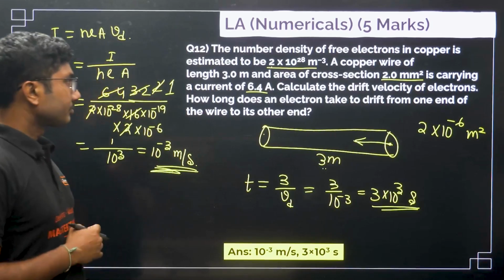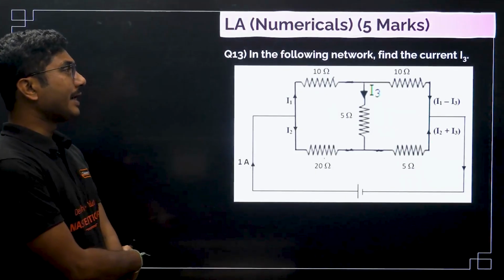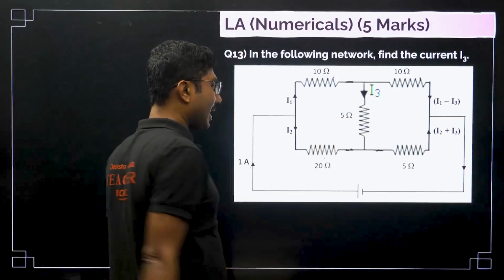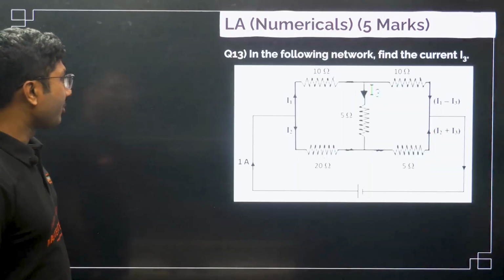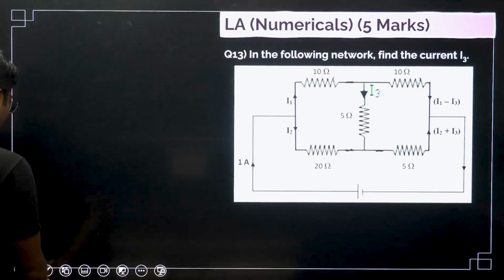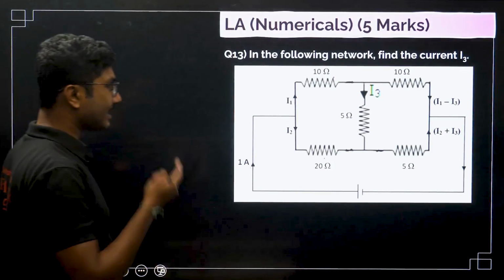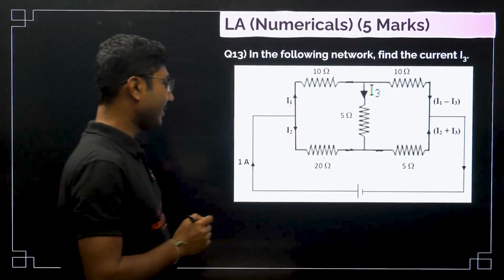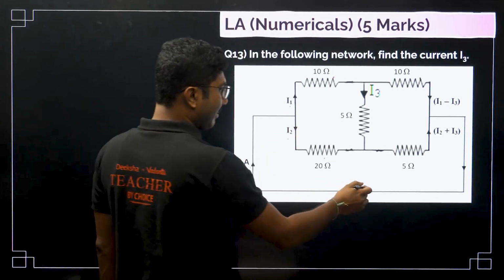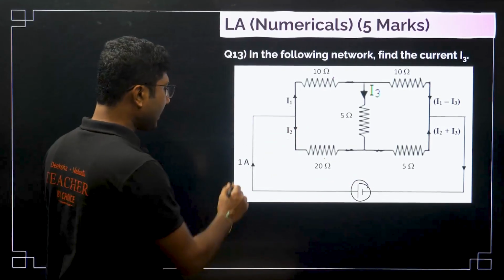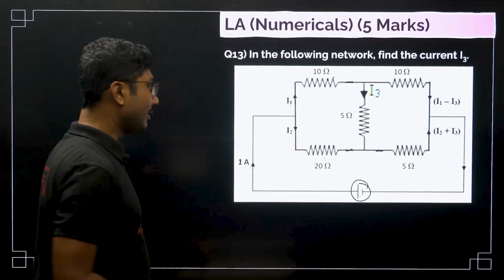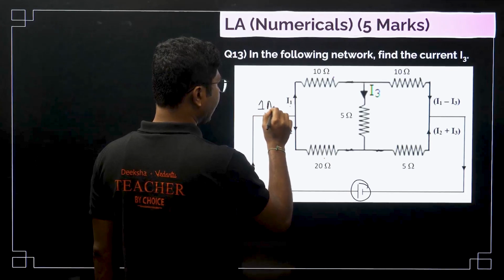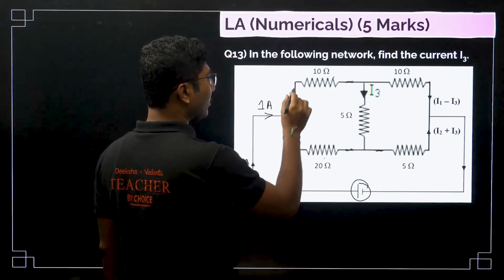Next, in the following network, find the current I3. So you have to find this current I3. I have taken this question from your sample paper, last year's sample paper. So let's understand this. If you see this circuit diagram, the initial currents are given, the EMF is not given, but the current coming into the circuit is given. So 1 ampere current is going in,